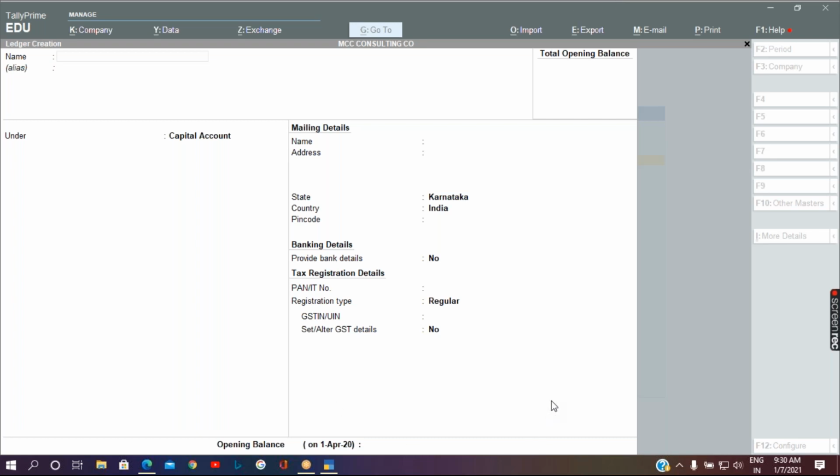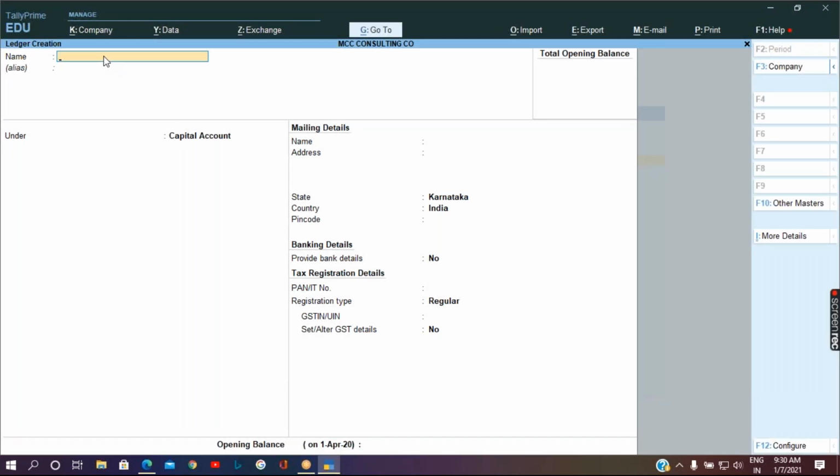One is cash, which is already available. So the other one is the bank account ledger. So let me create the bank account ledger, and please help me out with what to take as the group for this HDFC bank account.